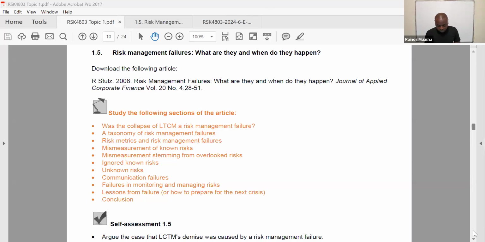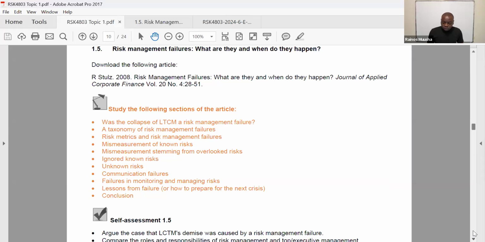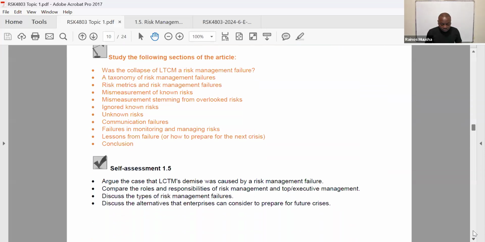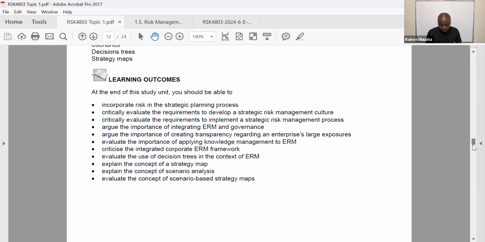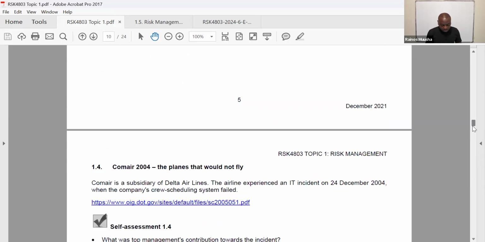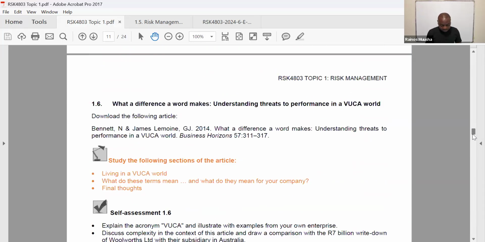So the article that we need to go through is Risk Management Failures: What Are They and When Do They Happen? So that's the article that we need to go through. Now, when we go through this article, under self-assessment,